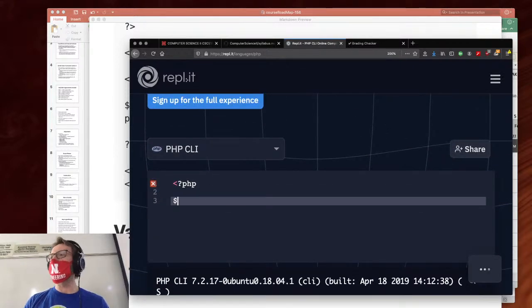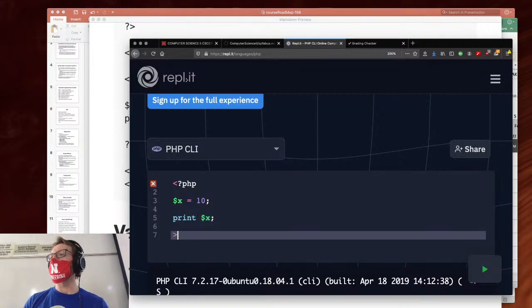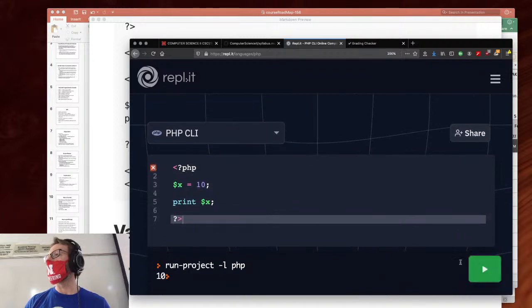And here's a proper variable, x is equal to 10. If I print x, this is going to be perfectly fine. Play. There,